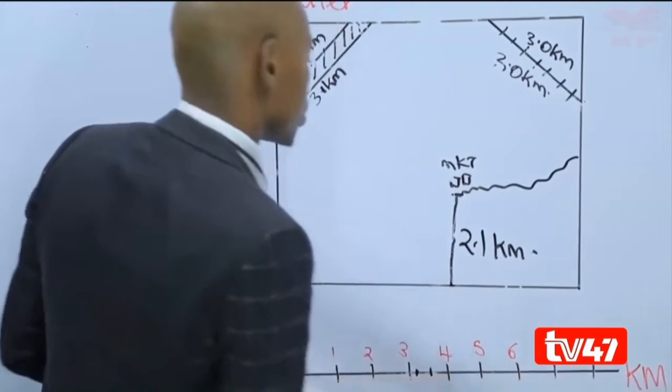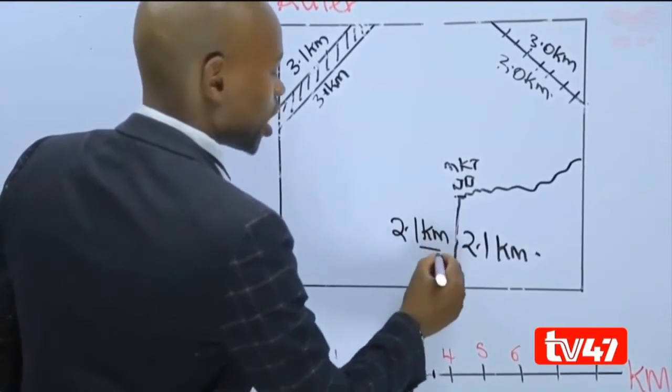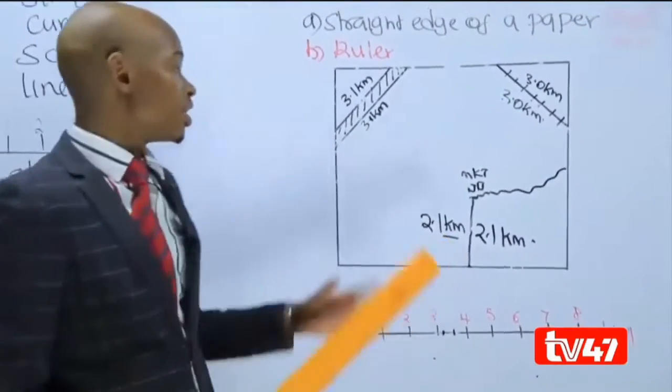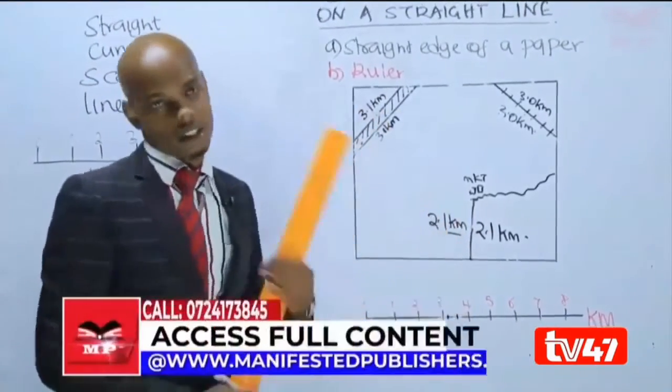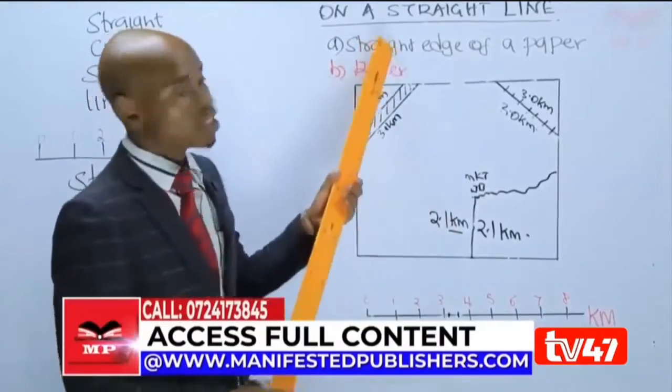Again, it is approximately 2.1 kilometers. So this is how you can measure a straight distance using a straight edge of a paper,